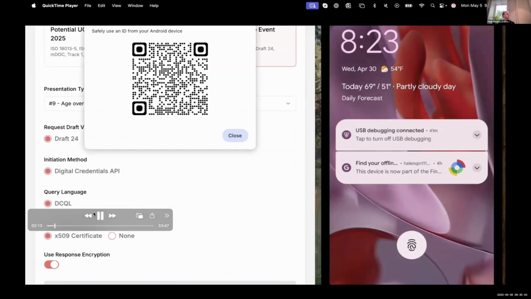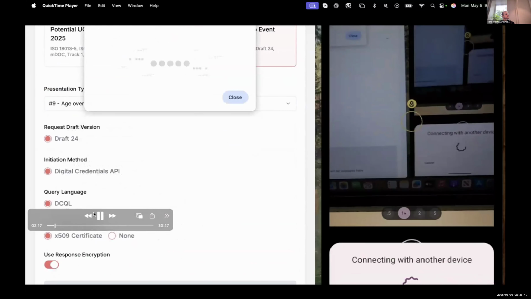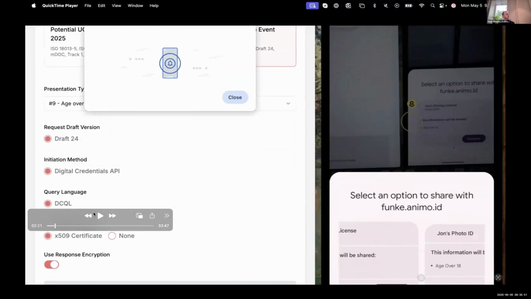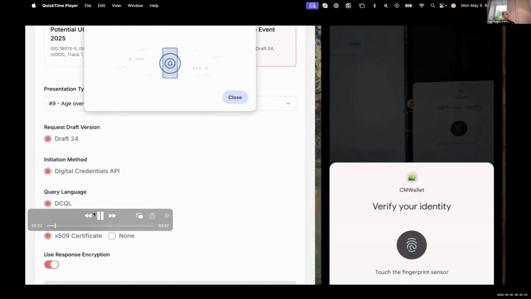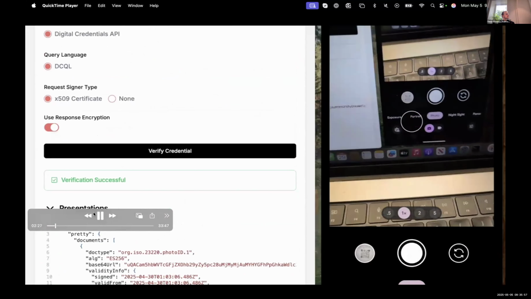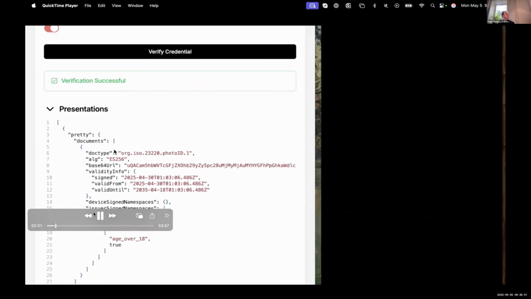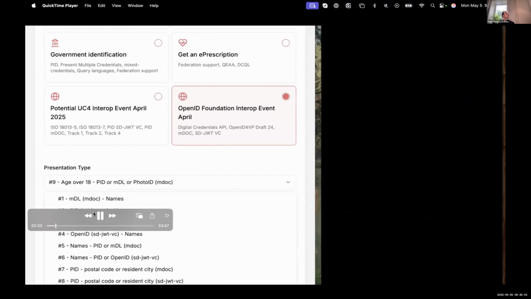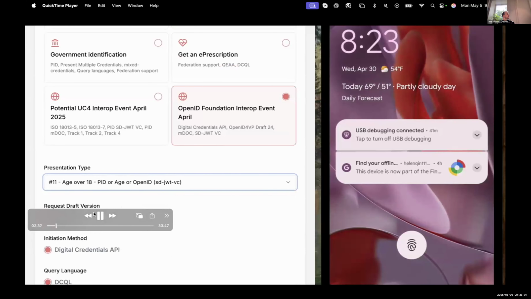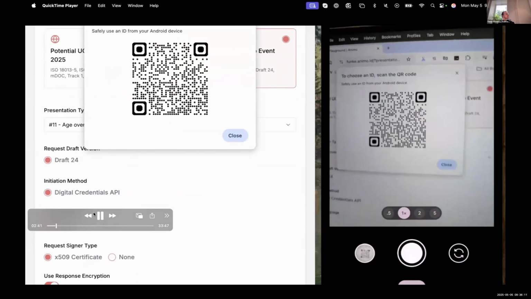We got the age over 18, choosing between the different credential types again. And then the last one on cross-device, also the age over 18 with SD-JWT.